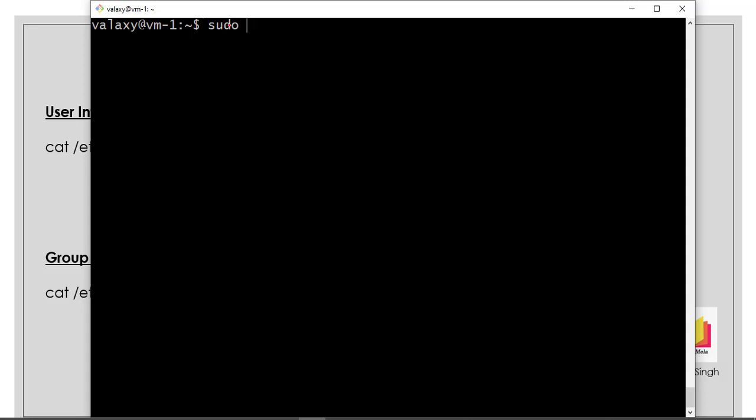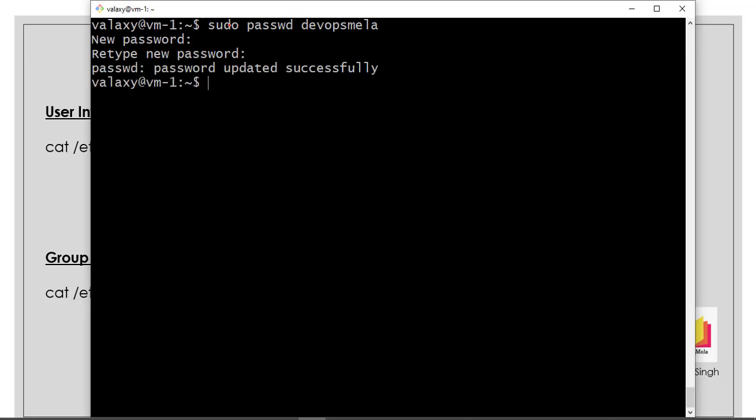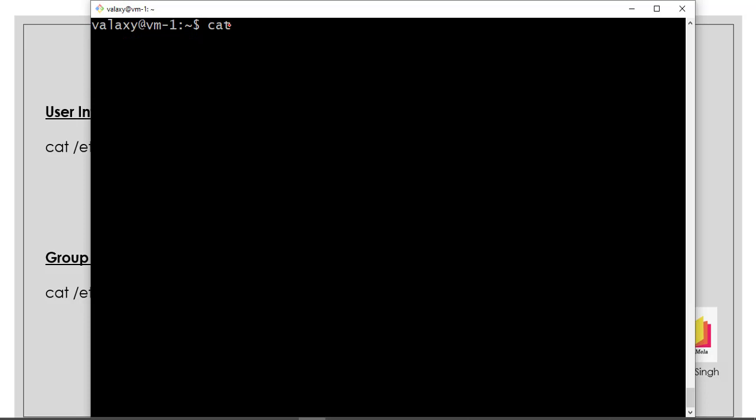Okay, passwords: you can simply do passwd and give the name of the person for whom you want to set a password. So devopsmela is the user, correct? Just set the password as test1234. Again test1234. Done. Now if you want to view /etc/passwd with sudo,